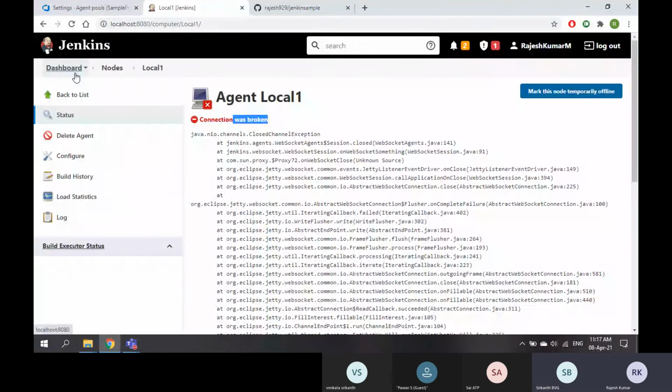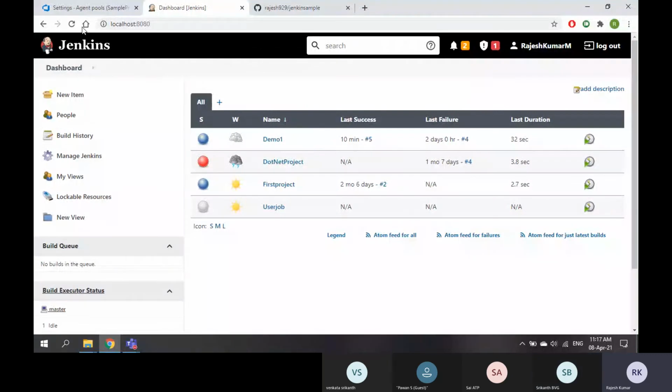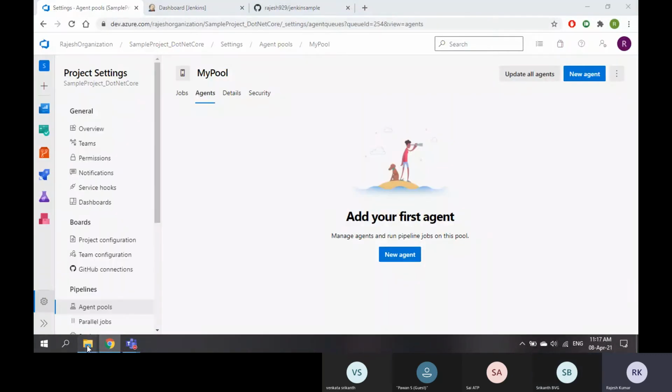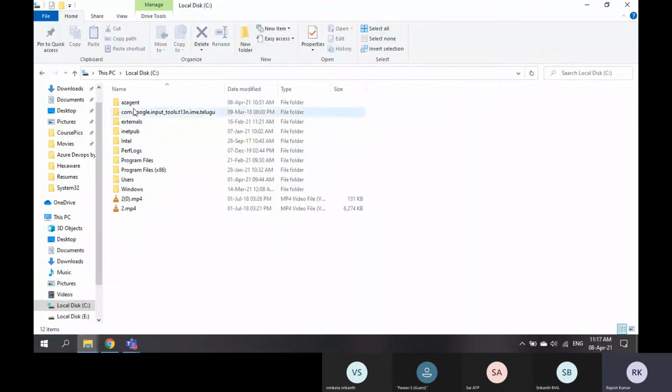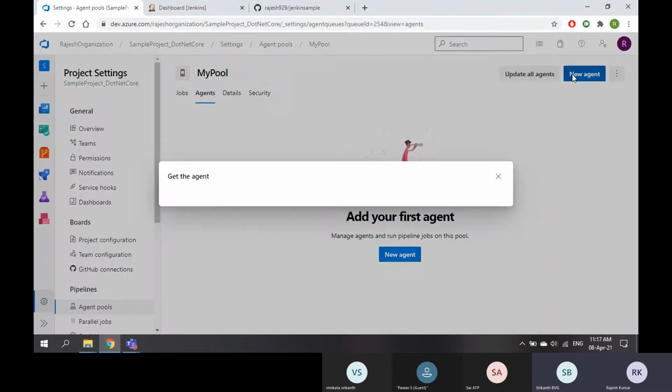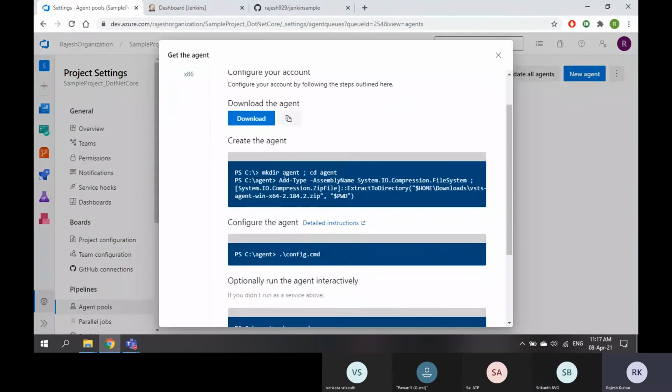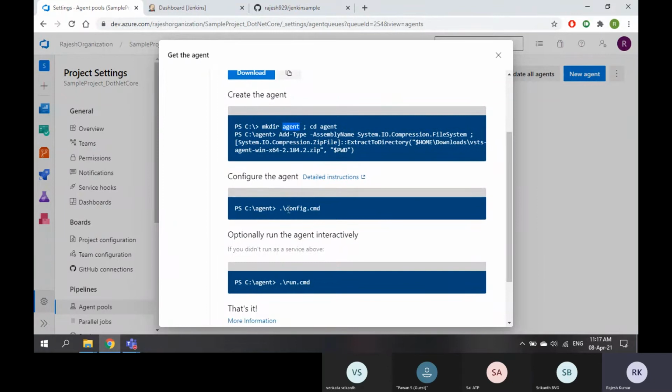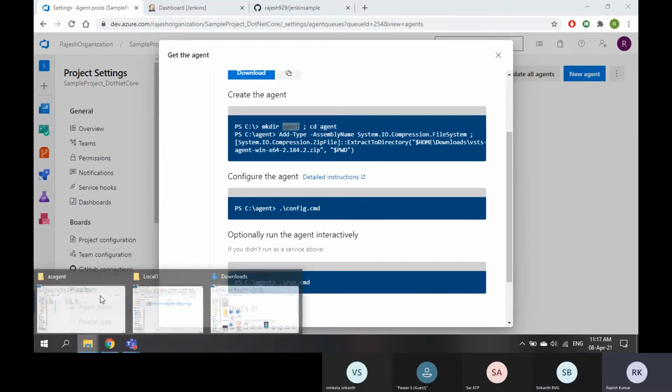Now we are done with nodes in Jenkins. Now I am going back to our agent pools. So I got the agent pools here. These are the files. I got config and run.md. Now if I go to new agent, it will show you the steps. First create a folder and copy the entire files into that folder. Okay, I am done. Then run this config.cmd.